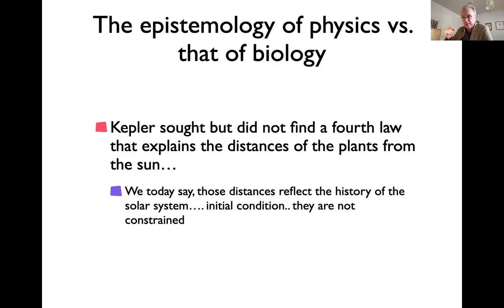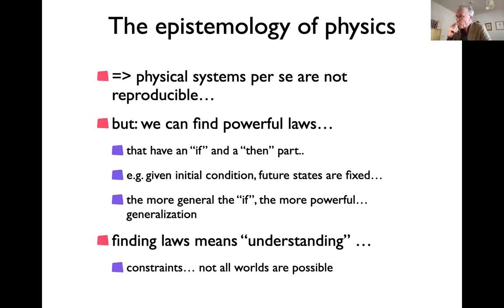So it's not trivial that there is something lawful. That is, we would say the relationship between orbital period and orbital distance is lawful, but the orbital distance as a function of ordinal number of planets, that's not lawful. That's just a list that can describe completely the planetary system around the sun, and it will be different from any other planetary system. It's not reproducible in that sense. And so that reflects the more general idea that physical systems per se are not reproducible.